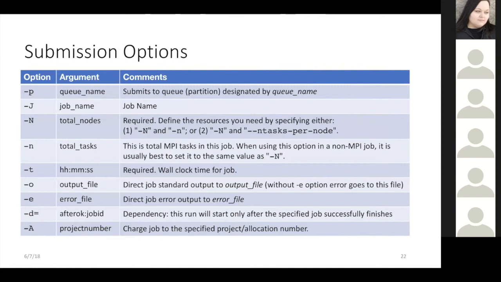It also allows you to generate and direct output and error files so that whatever your job is doing, you can send it to a specific place so that you can check on output for each one and see if any of them are producing errors or having issues. This is also how you will indicate your allocation. Some users have more than one allocation or are part of more than one group, and you need to specify a single allocation from which to subtract SUs when your job runs.